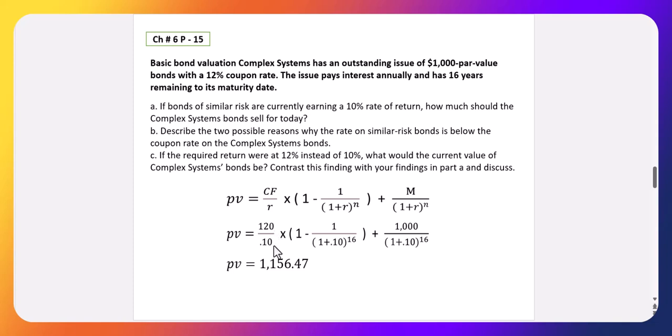That's the cash flow. Divided by the market rate, multiplied by 1 minus 1 over 1 plus the market rate, or required rate of return, to the number of years, which is 16. We add that to the face value of the bond, M, which is $1,000. Again, we use the market rate of 10%, and then we put it to the 16th power, which is the number of years. So our present value of the bond is